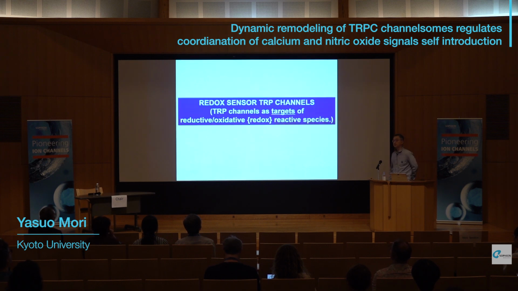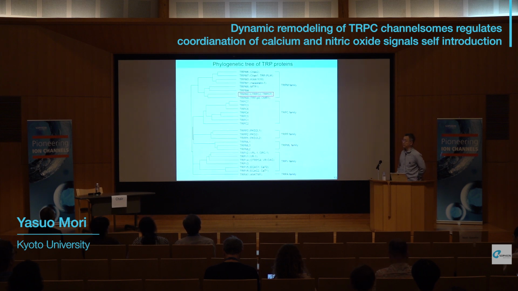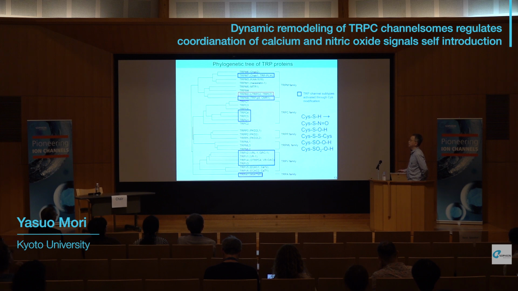And how about redox sensing? Quite luckily, we were the first to identify the real redox-sensitive, oxidation-sensitive TRP channel, that was TRPM2. But when we further went into the field, we found that certain types of TRP channels, actually many TRP channels, have prominent oxidation sensitivity. But their oxidation sensitivity was completely different from TRPM2, and that was oxidative modification of cysteine sulfhydryls, such as nitrosylation by nitric oxide, and hydroxylation, disulfide formation, and so on by reactive oxygen species.